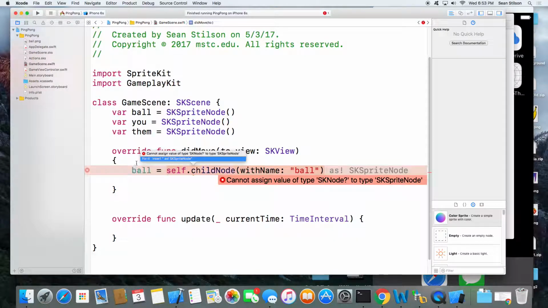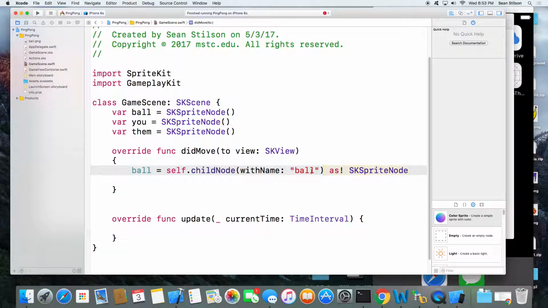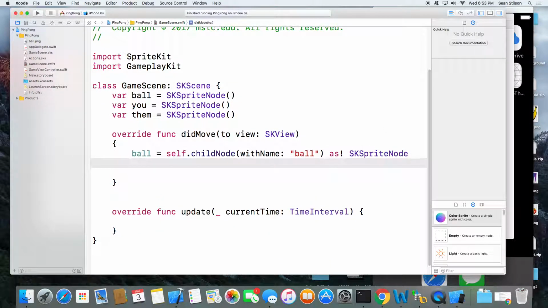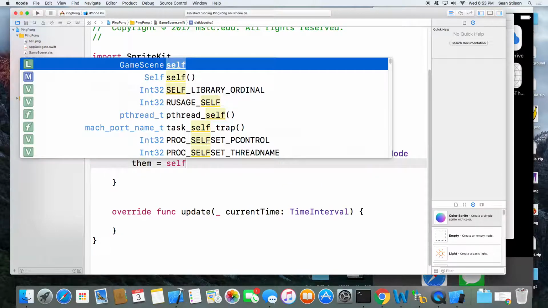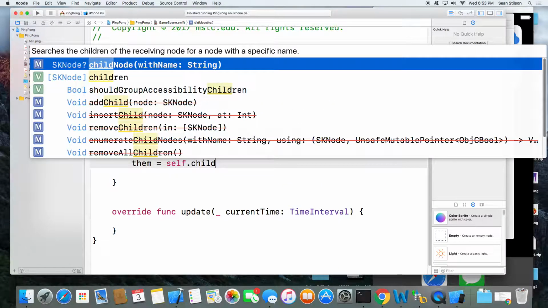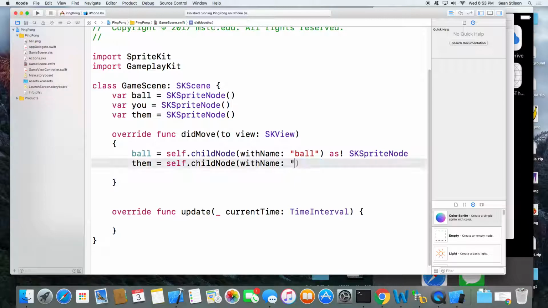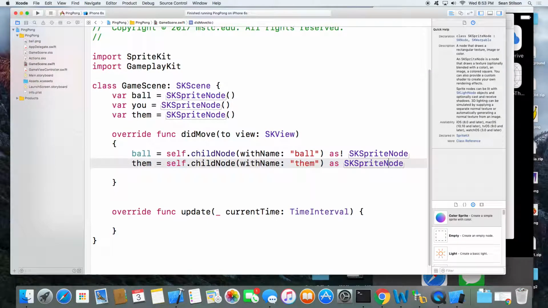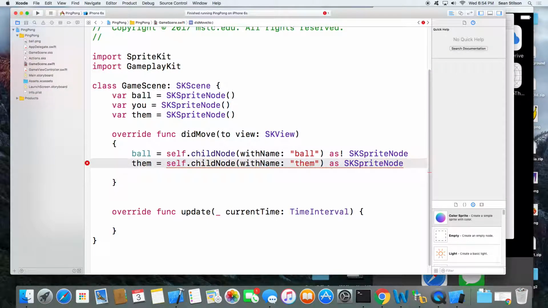So we have ball. This guy's squawking. You have to cast it as an SKSpriteNode, because a child node can be a number of different types, so you've got to typecast it. Them will be the same thing, self.childNode with name them. And then the same thing with you.